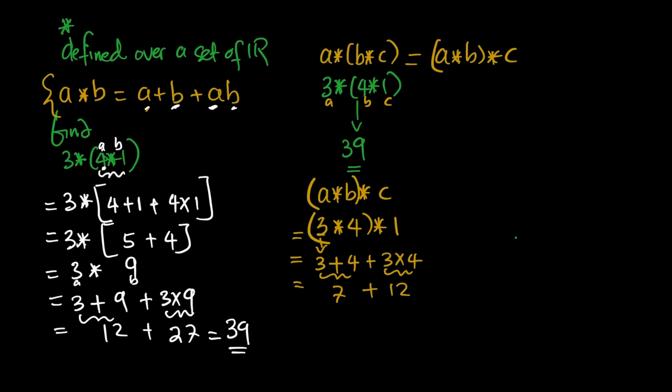Let's take it again. So we have 3 star 4 star 1. Now this becomes 3 plus 4 plus 3 times 4. The 3 times 4 gives us 12. The 3 plus 4 also gives us 7, and we end up getting 19. So far, we can see that our left-hand side and our right-hand side